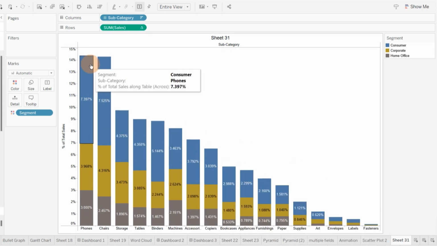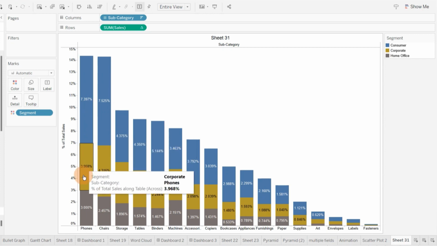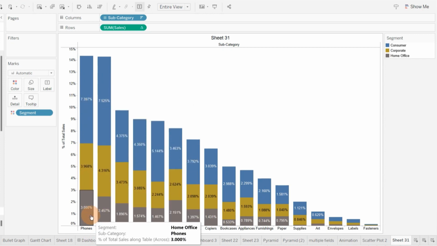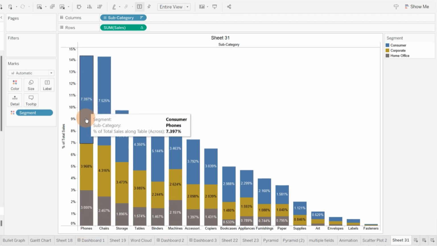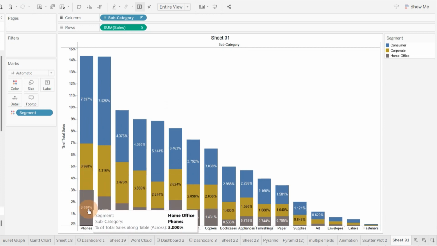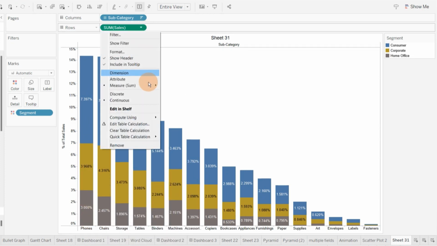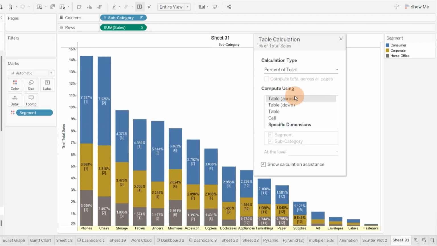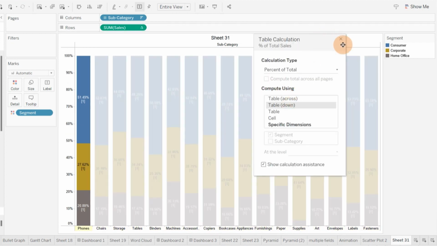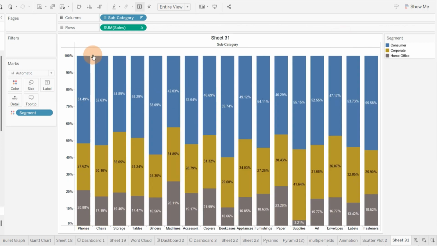But as I told earlier, I want to see the percentage contribution in the individual subcategory. So my subcategory bar should be a 100% bar, and in that 100% bar I want to see the percentage division of these segments. For that, I will go to edit table calculation, and here I will click on table down. As I click on table down, my computation is now table down, that is, each subcategory is representing a 100% bar.